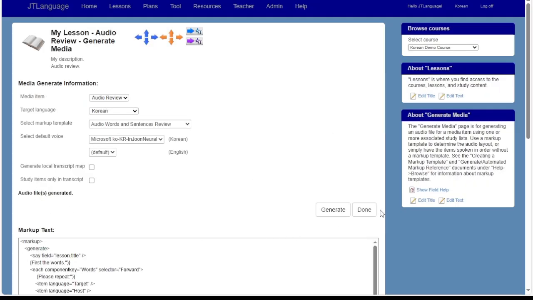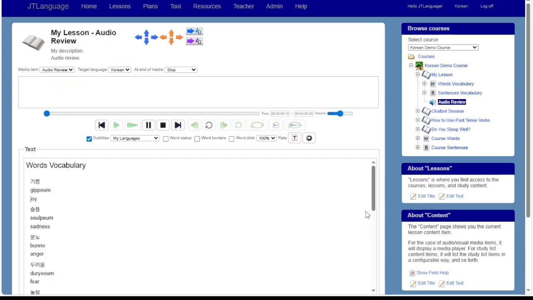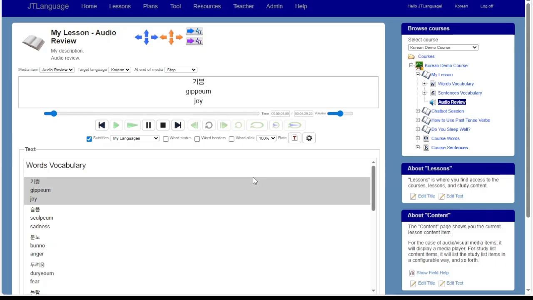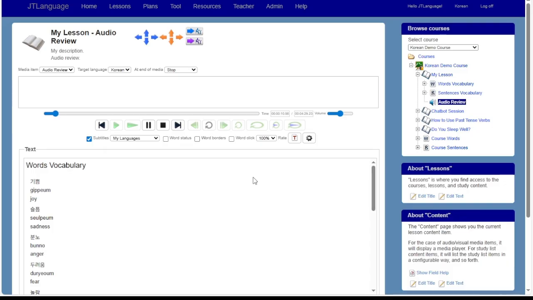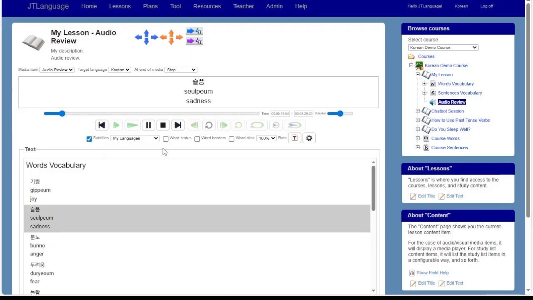And it's done. And if I hit done, my lesson. First the words. Please repeat. We're now in the media list. 기쁨, joy, 기쁨, 기쁨, please repeat, 슬픔,